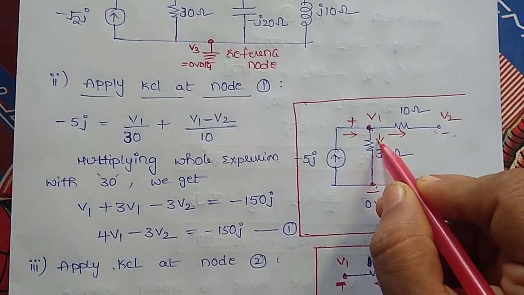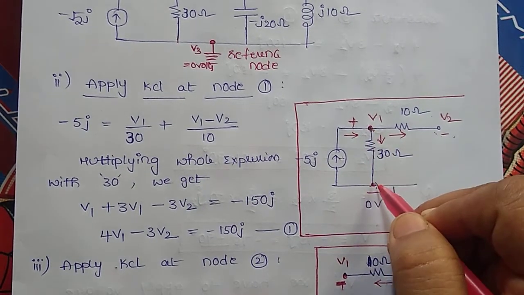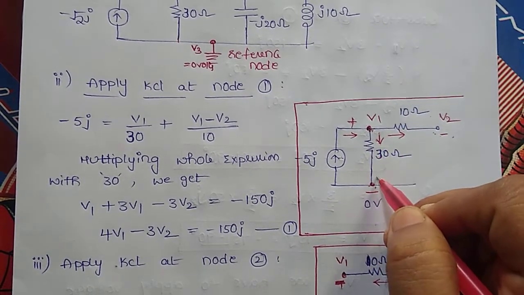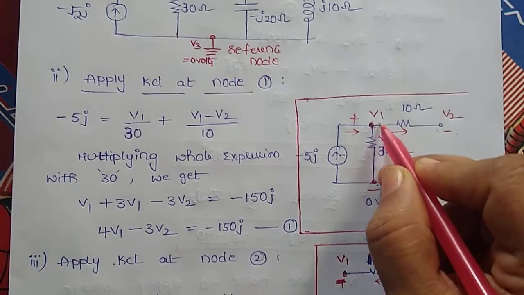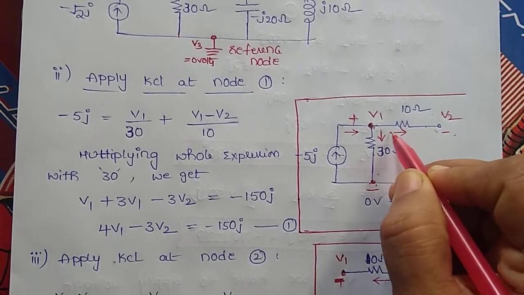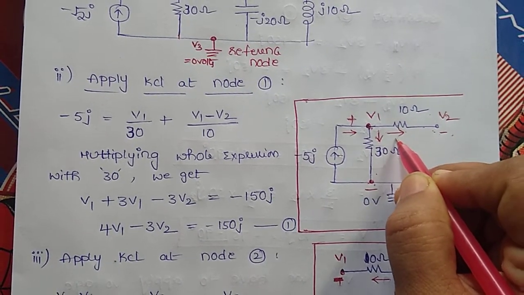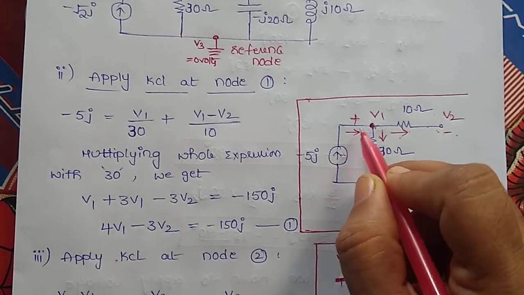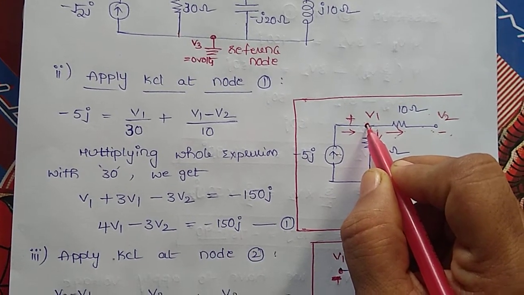And here this is at higher potential and this is lower potential. Current is flowing in this direction, I am assuming. Here also higher to lower. So that's why I have taken current directions here like this. So I am going to apply KCL at this node such that